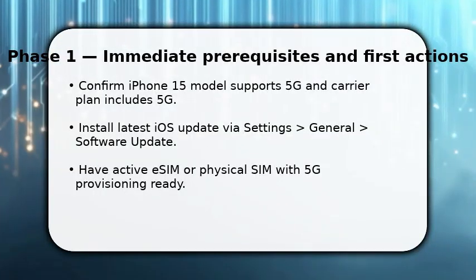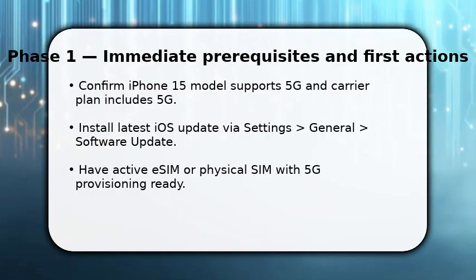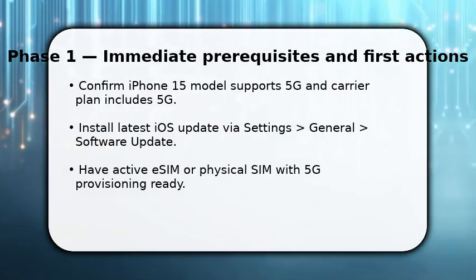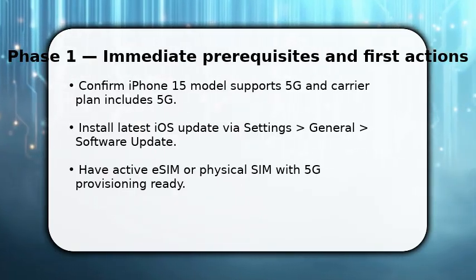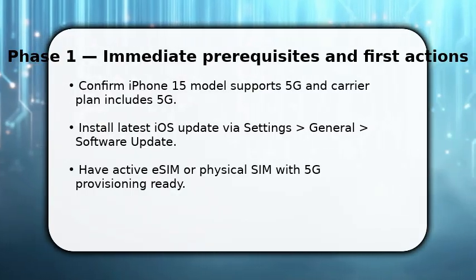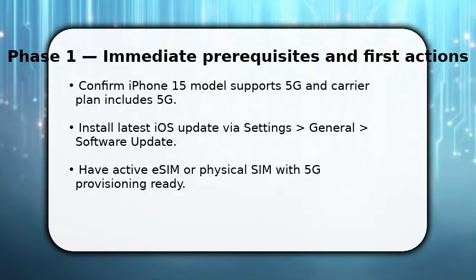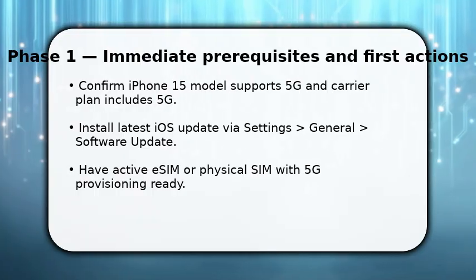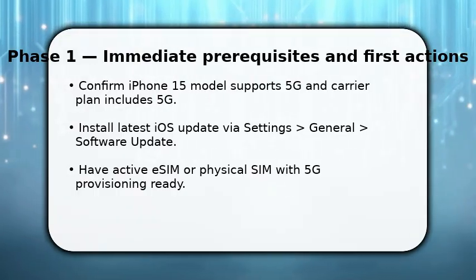You start by verifying prerequisites. Make sure your iPhone 15 model and carrier plan support 5G. Once done, update iOS to the latest version so all 5G features are available. Next, confirm your SIM provisioning, either an active eSIM profile or physical SIM that has 5G enabled by your carrier. You do these steps now because without correct provisioning and current software, the phone can't register on 5G towers or